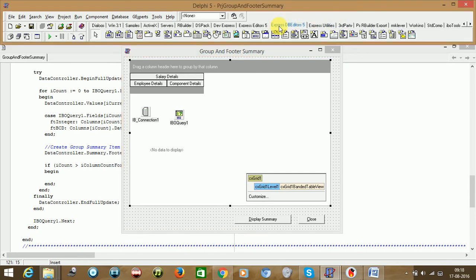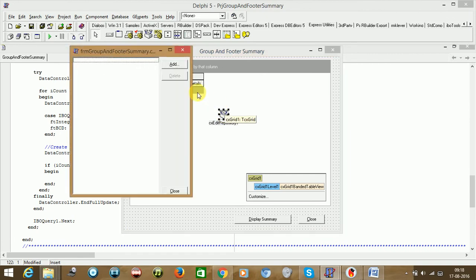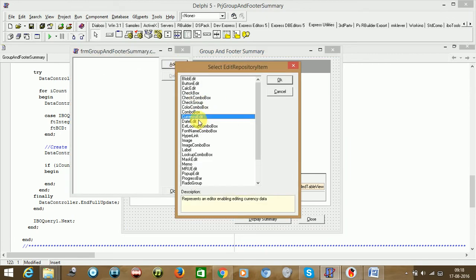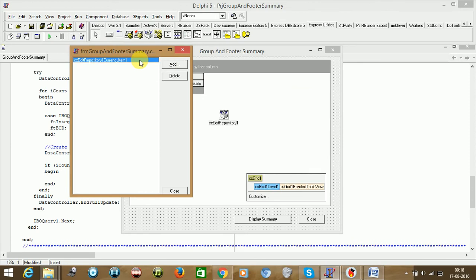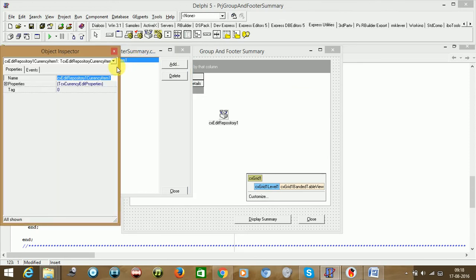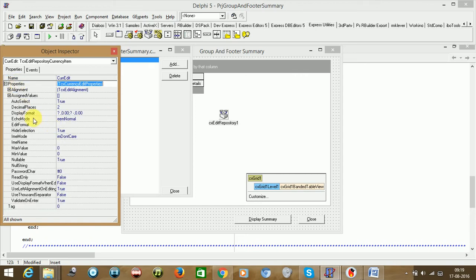So if you see here, this edit repository, put it here, double click on it, click on add, and just say currency edit, press F11 key, give the name, short name, currency CURR edit. That's it. Now the property we need to specify, decimal places are already here too.